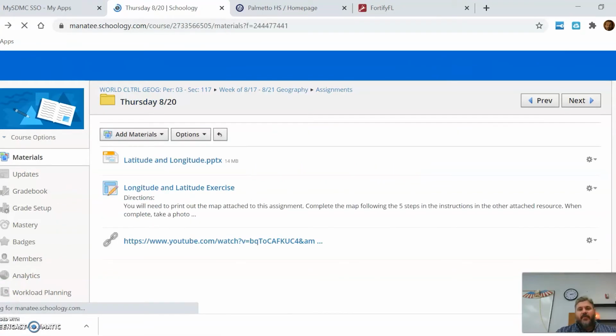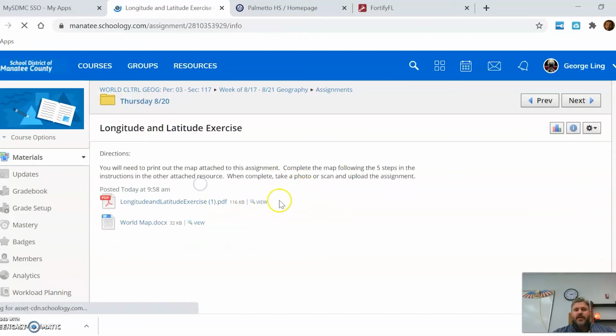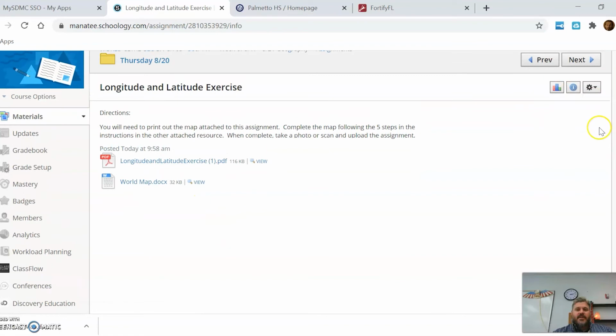With all assignments, if you are completing them online, you can submit them however you find easiest, whether you take a picture, scan it, and send it back in that way, or you manipulate the document directly online or on your computer and upload the file for that. So it's whatever's going to be easiest for you. In this longitude, latitude exercise, you'll have a submit button. You guys remember that from last year to complete that assignment. Usually up in the top right.